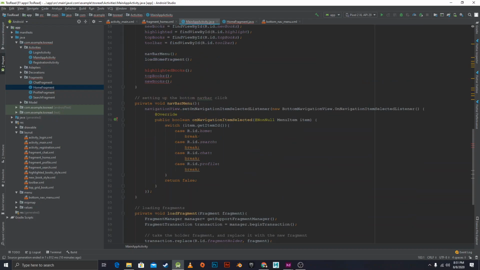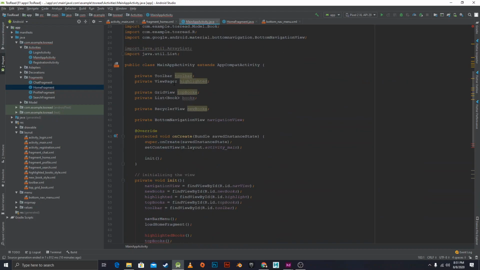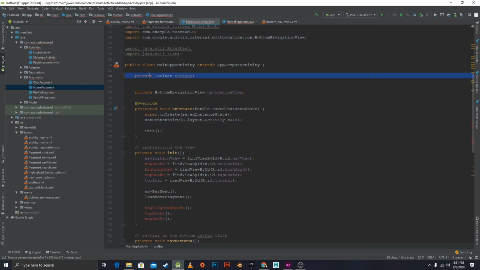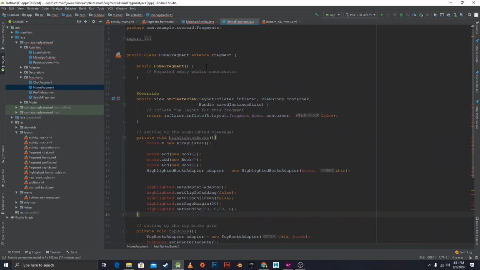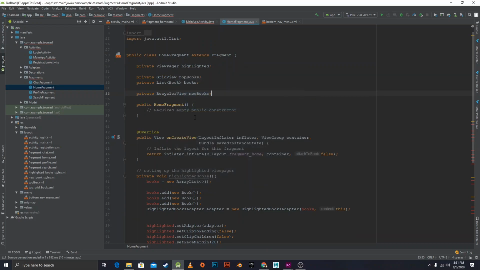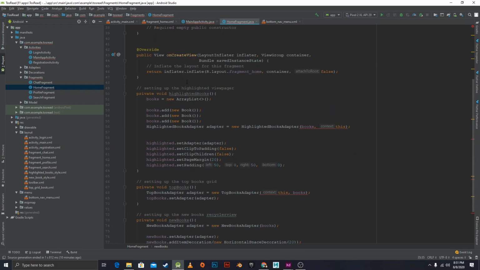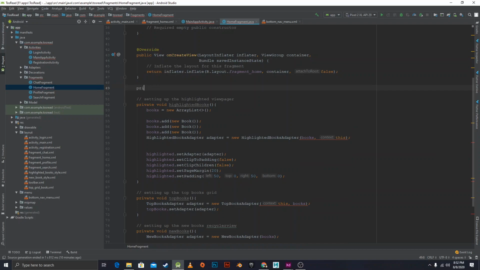Select OK. In the main app, we don't need view pager, grid view, or recycler view. So all of this, copy that. We don't need this too. And we pass that up here, like so. And then we need to initialize it. So private void